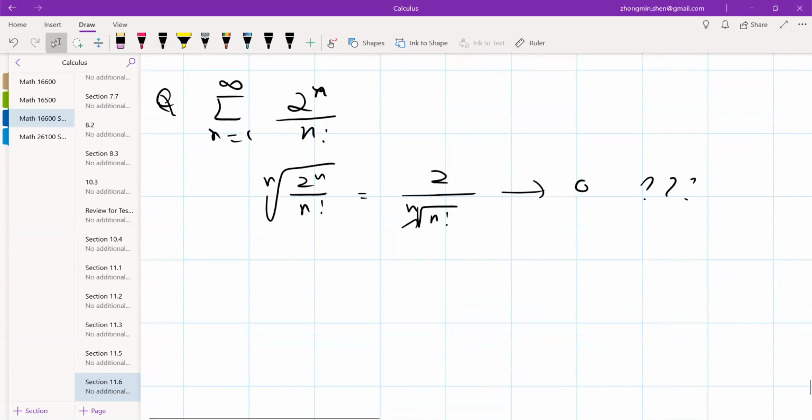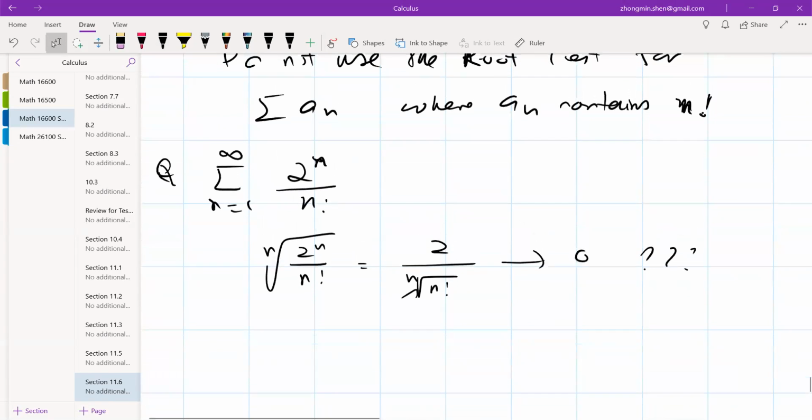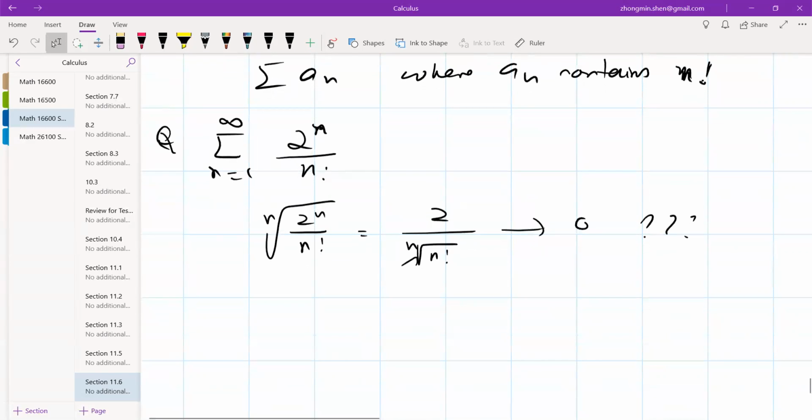And you can say, I can conjecture the limit of the nth root of n factorial is going to be infinity. But in mathematics, this is not the proof. Other people cannot use the result in their argument. Okay. All right. So for this one, the only method you can use is